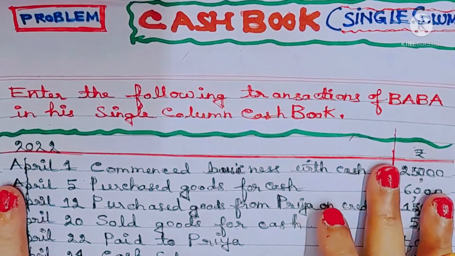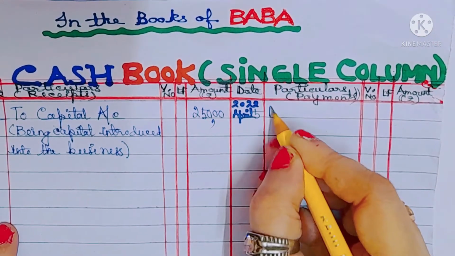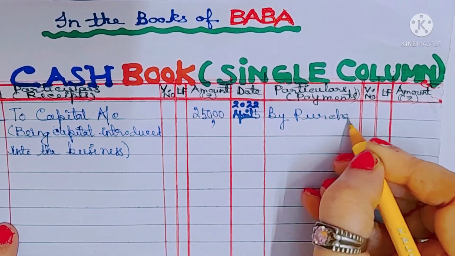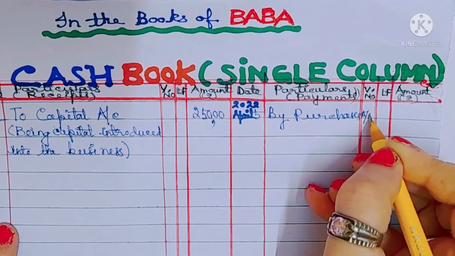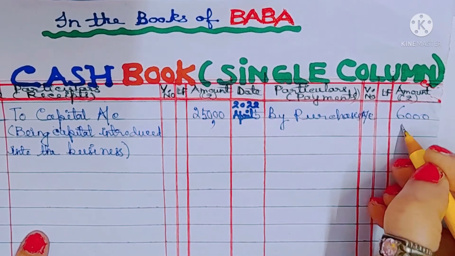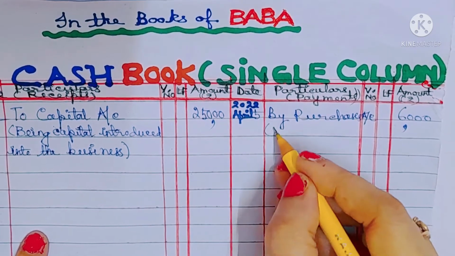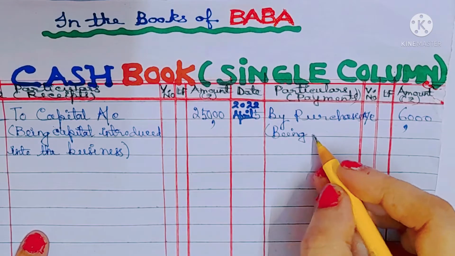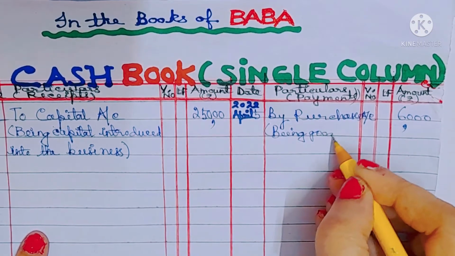Okay, so let's write on 5th April by purchases account, how much? 6,000. We'll have to write narration, otherwise marks will be deducted in the exam. Being goods purchased